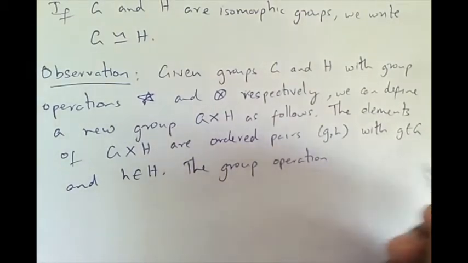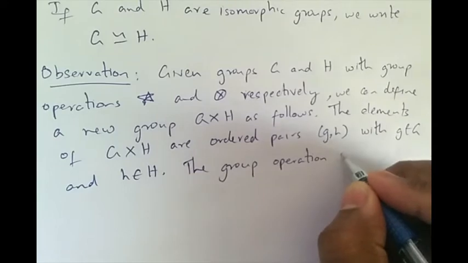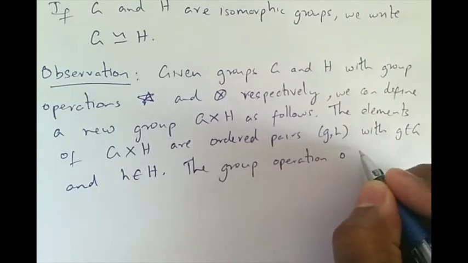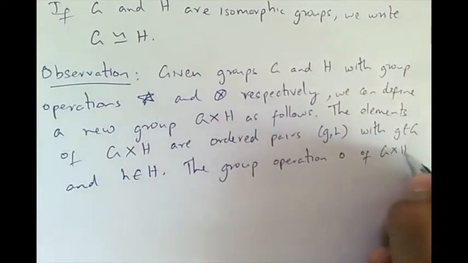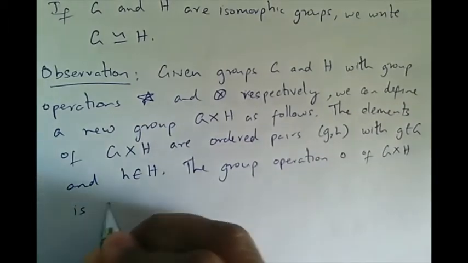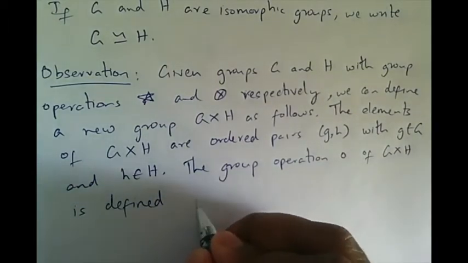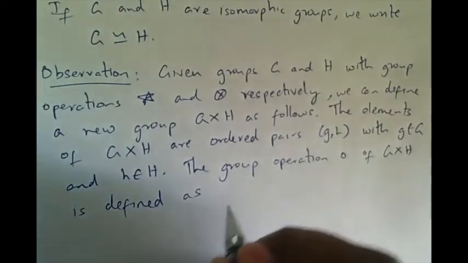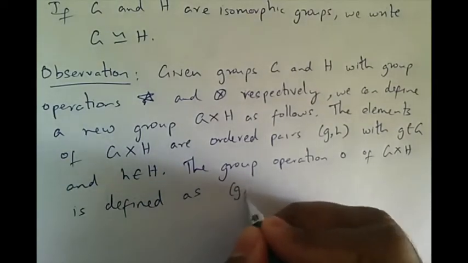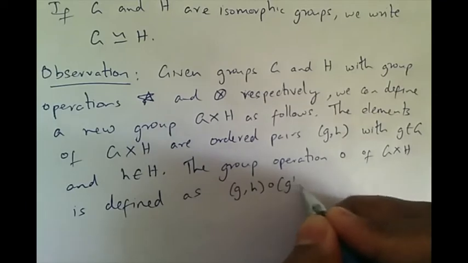We'll say circle on G cross H is defined as (g, h) circ (g', h')